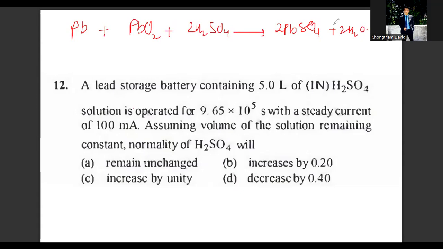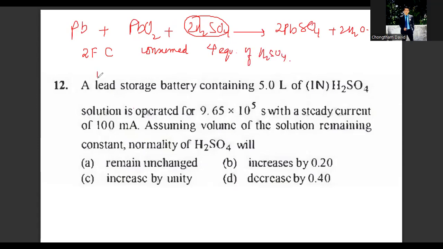Now, the number of electrons involved is 2, so 2 Faraday coulomb is consumed during this entire process. And this 2 Faraday consumes how many equivalents of sulfuric acid? Yes, 2 Faraday coulomb is consumed for 4 equivalents of sulfuric acid,